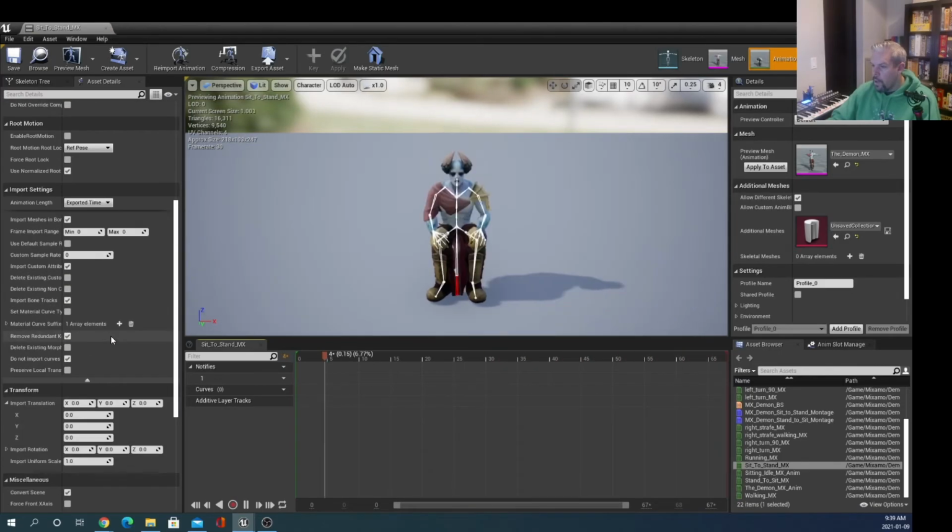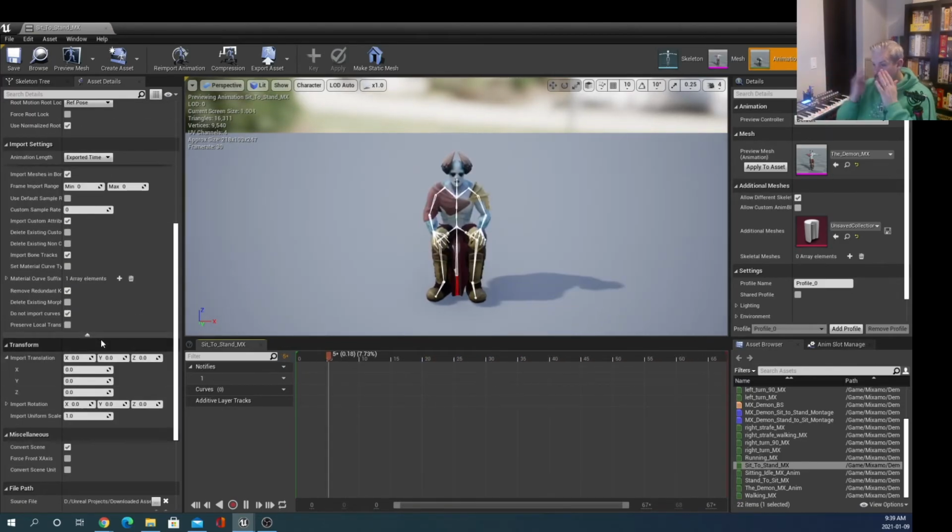So I actually did just want to talk about this transform. What this transform section is doing is it's saying when you load this asset in, where do you want basically the center of this character to be, in reference to your original FBX file. Your original FBX file and the information that's stored in it came from, in our case, Blender or Mixamo, right? We took it from Mixamo, then we moved it into Blender, and then we brought it here. So somewhere in there,